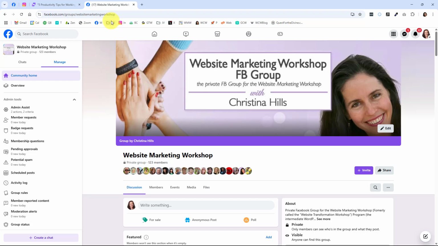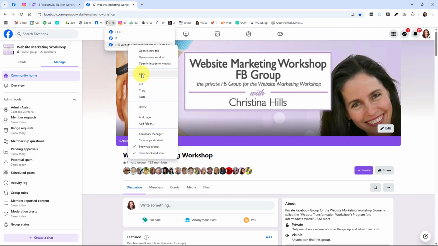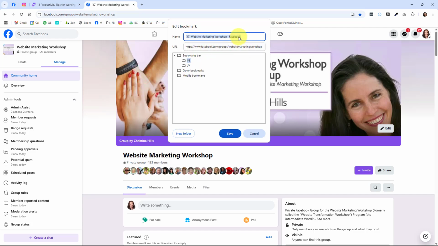And let's say I wanted to move this into a folder. I click and drag, and when it hovers over, see how it's hovering over and changing color? That's moved it into the folder. So now all my Facebook groups are in one place, and then I can right click and edit this, and